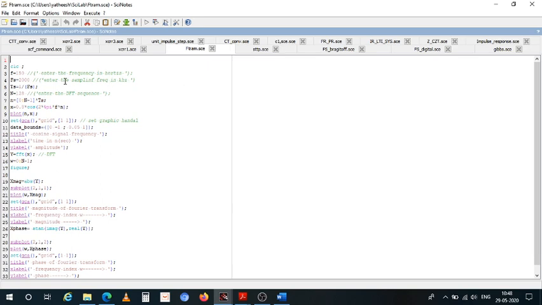To compute the Fourier transform, we have to give the frequency f and number of samples, sampling frequency and sampling period, DFT sequence number, all that, and we have to create a graphic handle using the GCA function, grid if you want, then the dimension, data bounds, then FFT is the function to plot the Fourier transform.